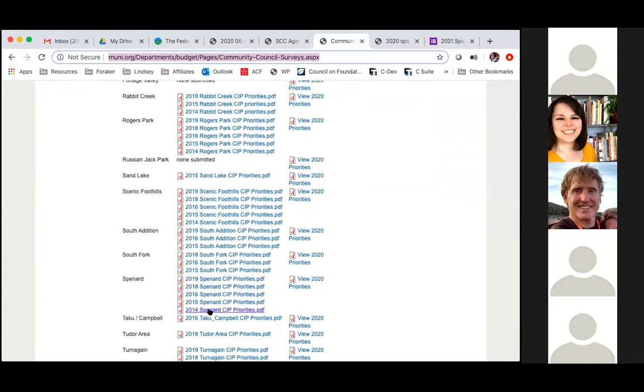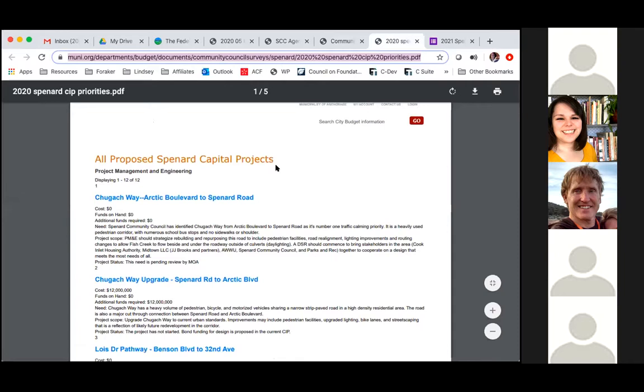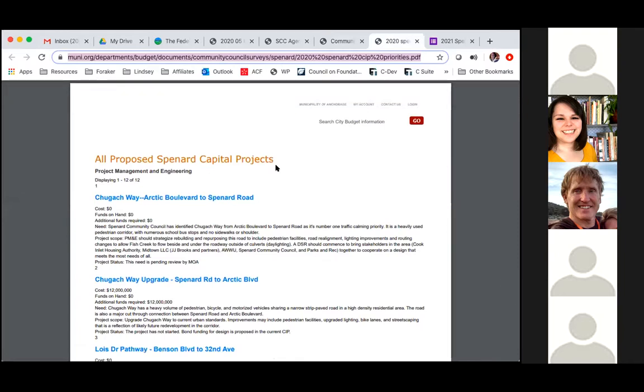But for Spenard, we go all the way back to 2014. And our priorities, including the 2020 ones, are also listed on there. If you click on that 2020 list, you'll be able to see what we all voted on last year. And we did this at our council meeting with paper, and we talked about which ones we thought would be most important to prioritize and which ones we thought were still important but less